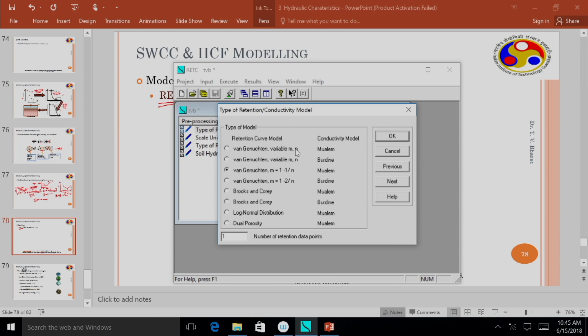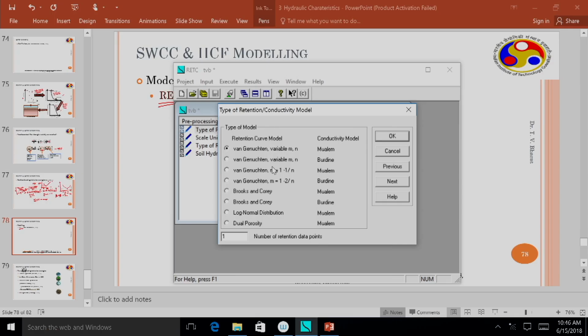So here you have several models, Van Genuchten variable m and n model. This I have discussed, where you do not have any restriction between m and n, the only restriction is that n is chosen to be more than 1. n less than or equal to 1 results in non-physical data at suction value close to 0.